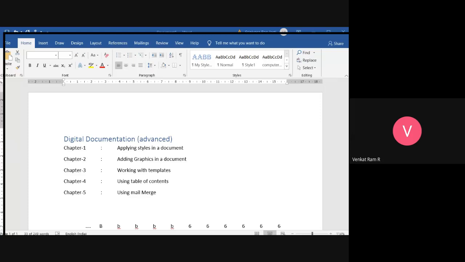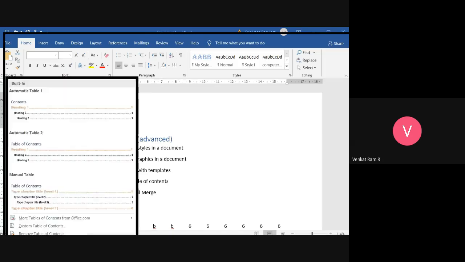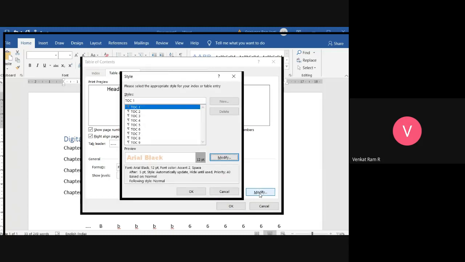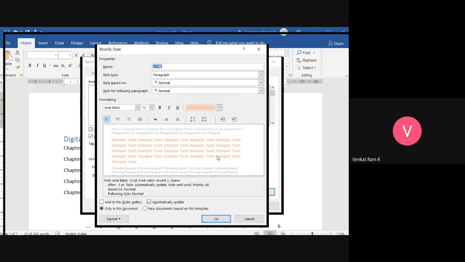Okay, next one is using Insert Table of Contents. See here, custom table of contents is here. If you click on custom table of contents, you can use whatever you wish. In this you have an option called Modify. In this Modify, again you have Modify, and in this you can still change things.